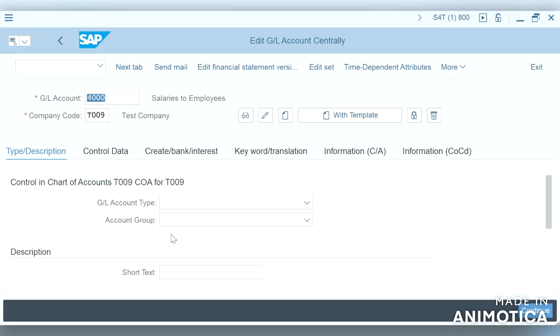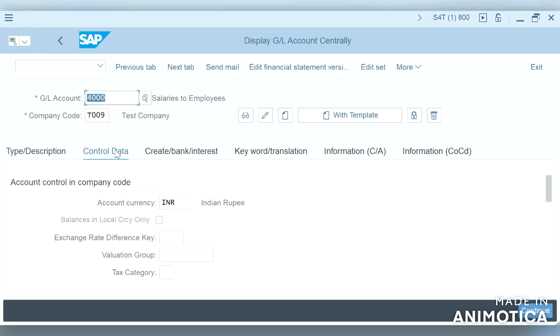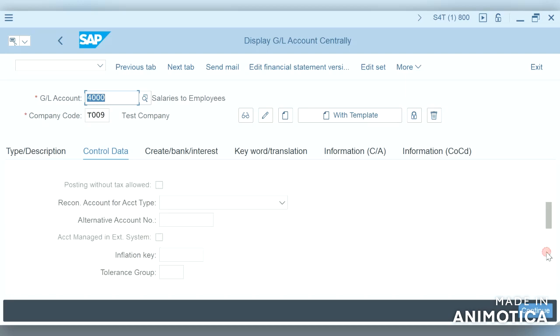So in this video we will discuss why there is no line item display and the importance of clearing specific to ledger groups, and what is the importance of open item management. I think these few things I missed in my detailed explanation in the general ledger accounting video. So let me cover these points in particular in this video and we'll move on to our postings.